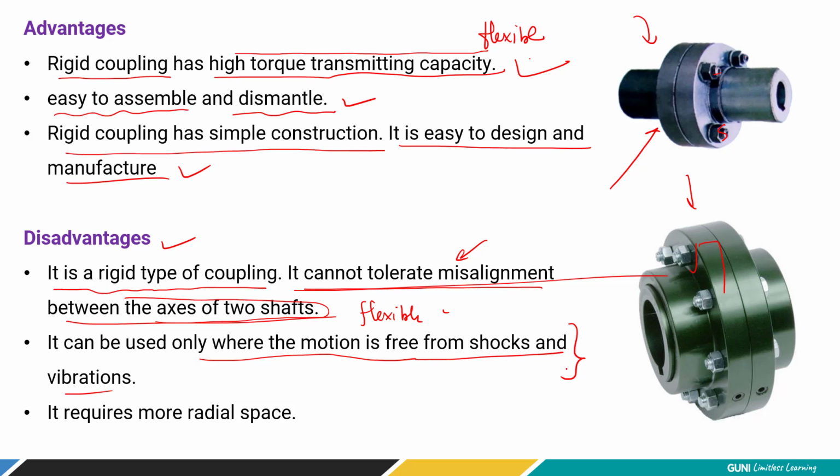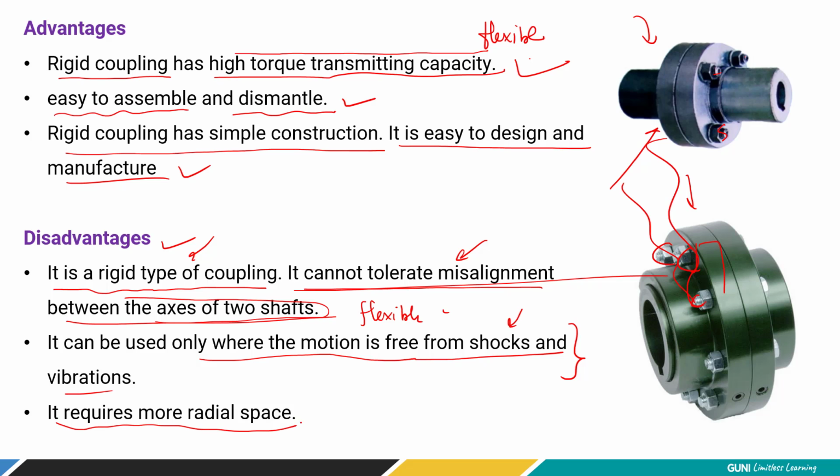This is very important. If your two shafts are properly aligned and the machineries are well mounted, it means there are no chances of shock or overloading and vibration. In those cases, the rigid type of flange coupling is preferable, right? If it is having vibration, what will happen? These nuts and bolts will loosen and simply fly away, right? So they may hit the operator and ultimately affect the functioning of the two shafts and hence the overall assembly of machines, right?